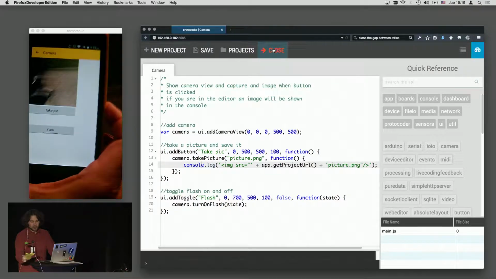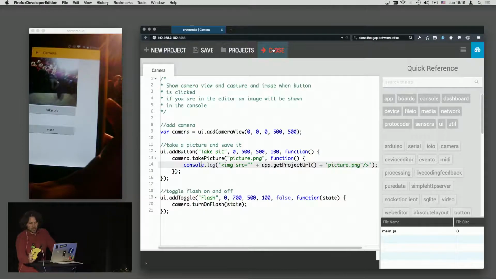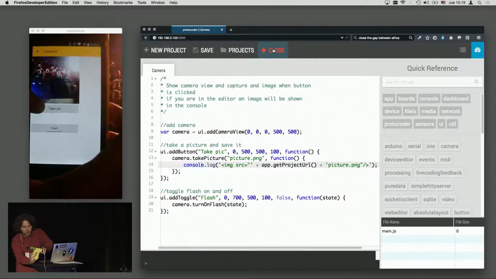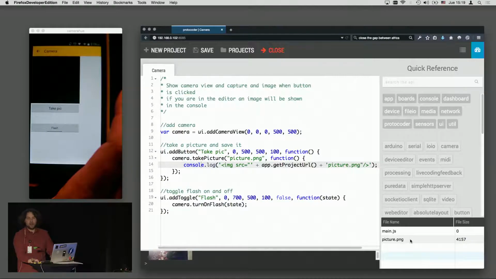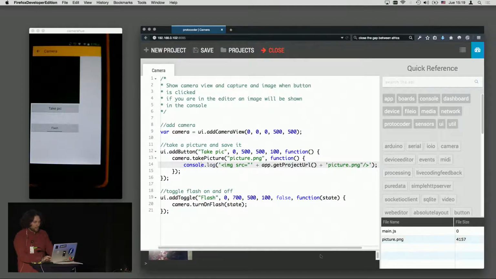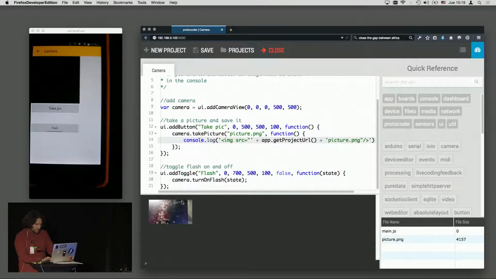If I do this, I don't know if you can see, you can see yourselves. And I'm going to press take pic. So I took a picture. I don't know if you've noticed, it appeared here. This is where the files of the project are. And there is something funny. The picture, I think it's because I increased the size. Oh, it's here. The picture as well appears in the console. Because it's HTML5, you can console log anything you want.